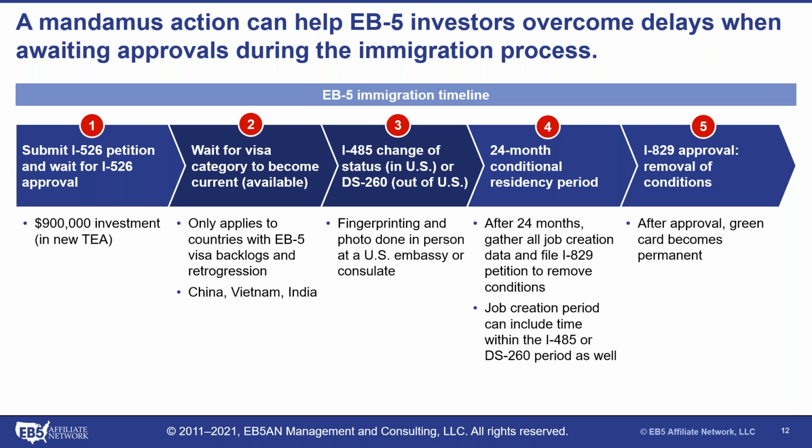And in 2020, during the midst of the pandemic, USCIS actually also changed the processing, where they moved from a first in, first out process, which means that if you filed on February 19th and somebody else filed on February 20th, technically the guy who filed on February 19th would be ahead of the queue. But USCIS said, well, that doesn't make sense because there's a visa backlog for countries of China and Vietnam in terms of those investors born there. And so we will have to look at this first in, first out process on the basis of whether or not there is a visa available.